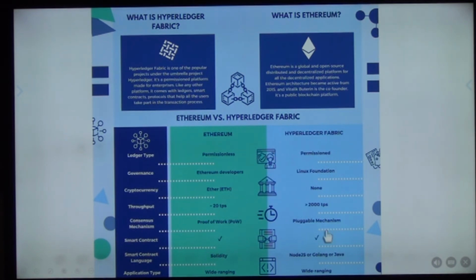Mostly the consensus mechanism is pluggable, with many consensus mechanisms. Every contract may require a different consensus mechanism. That's why it has many, and you can plug in what you think is the most appropriate. It supports smart contracts, and they can be coded in Node.js. You can find a programmer who can program in Node.js or Java or Golang. That's why I believe coding is not an important part of learning blockchain. Designing is important. It is very complex.